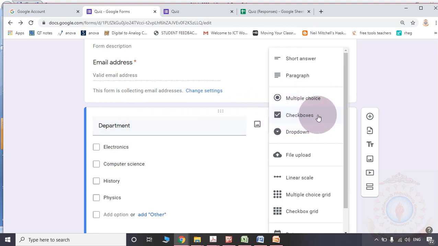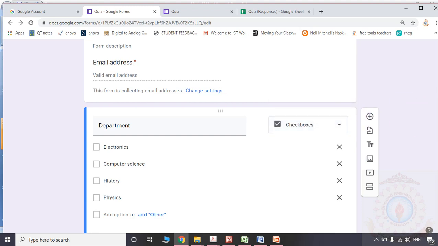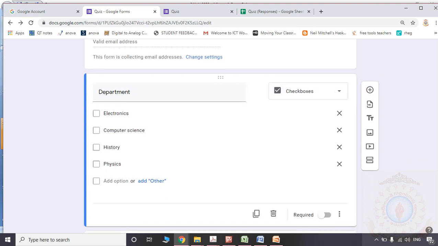If it is the check boxes, suppose you are asking a question about properties of any particular object or something, that phenomenon or object may have some 3 or 4 properties. You may show all the possible properties here.